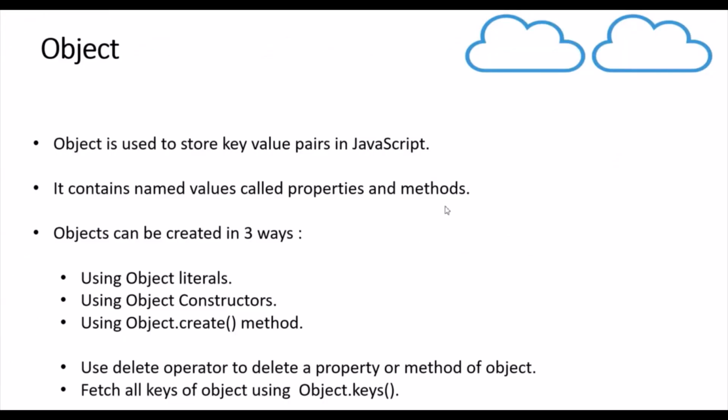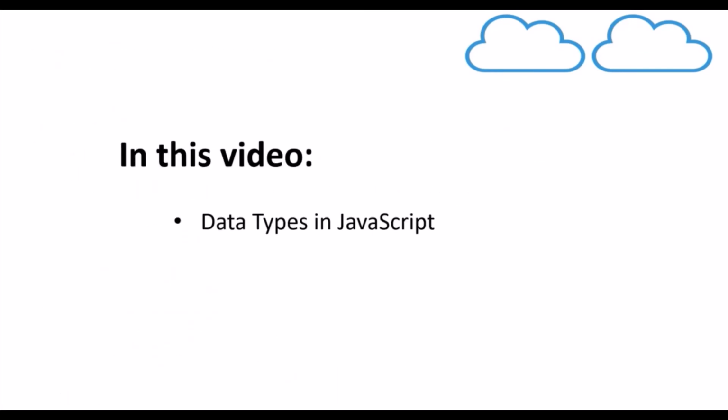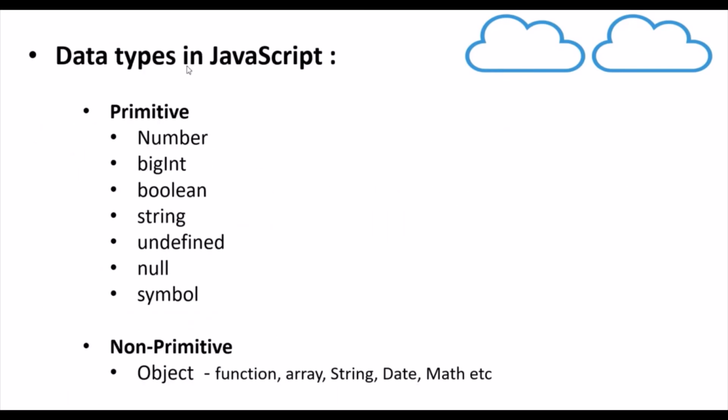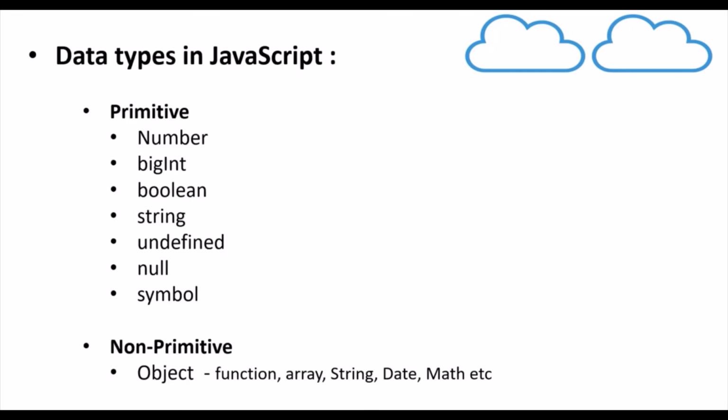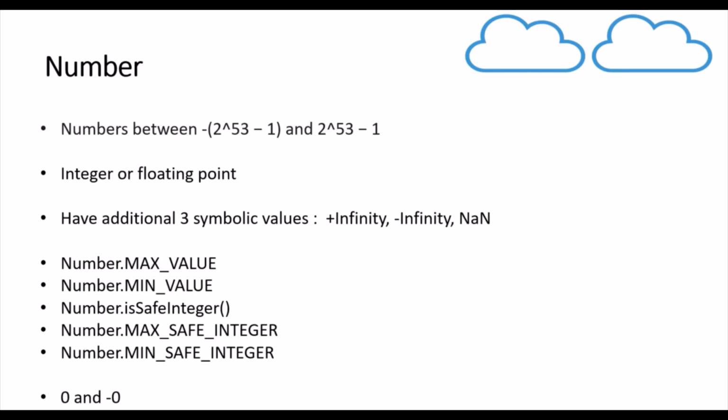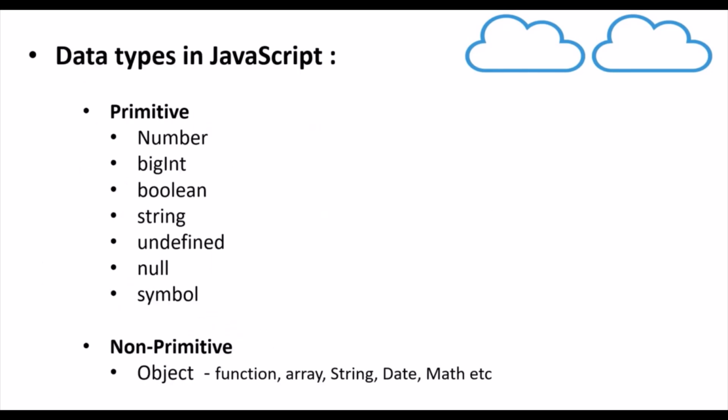So that's it on the object, and we have discussed in this video the different data types present in JavaScript. We discussed primitive data types, or non-reference, and non-primitive or reference data types. This video is just to introduce you to the different data types of JavaScript and to get some details about them. We will also have individual videos for most of the important data types, specifically strings, objects, functions, and arrays. So you don't have to worry, we'll go into depth in those videos also.